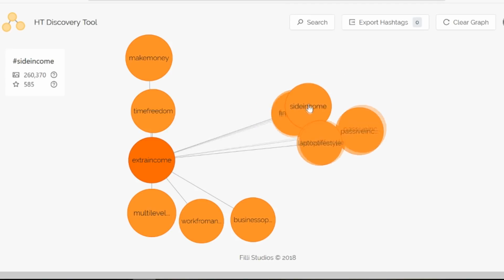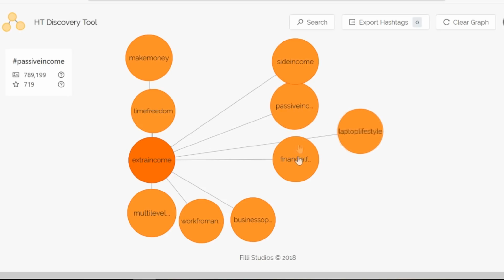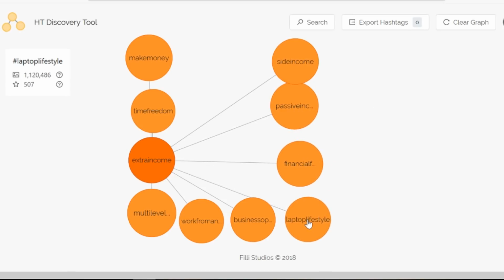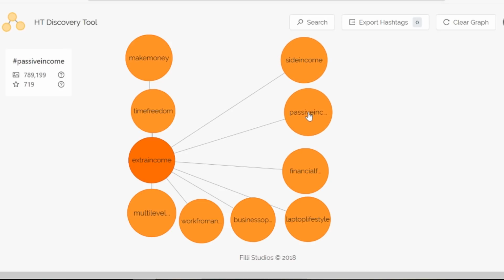You can drag them around, play with them. You can try to create a figure with them, like this, for example. Whatever you want, use your creative mind. Or of course, you can use them for their actual purpose. To see the stats of each specific hashtag, just hover over it and you can see the stats on the left.